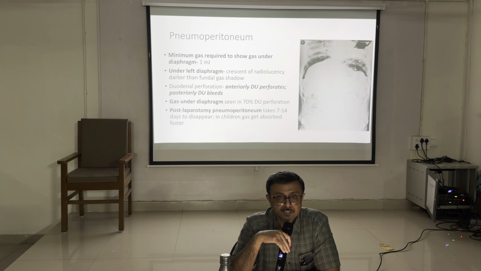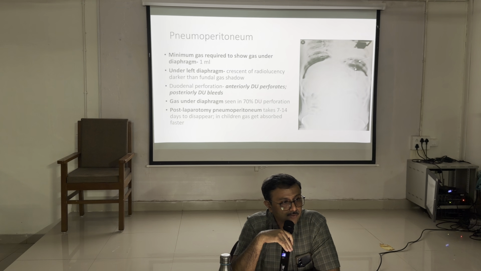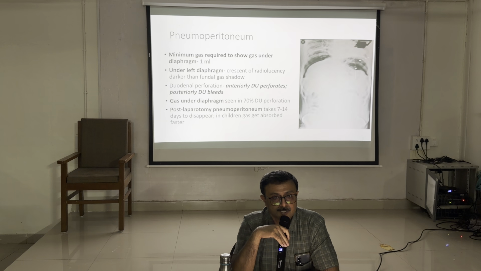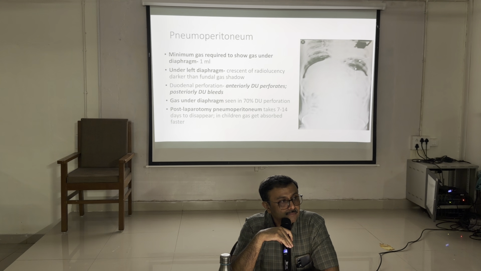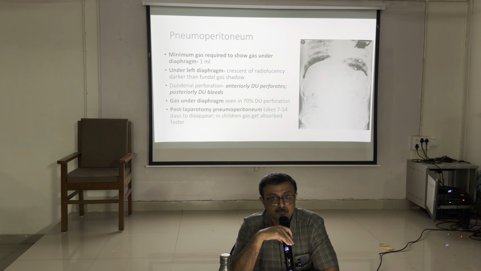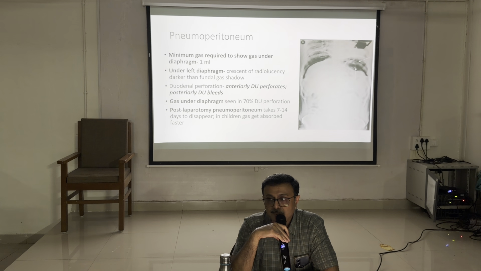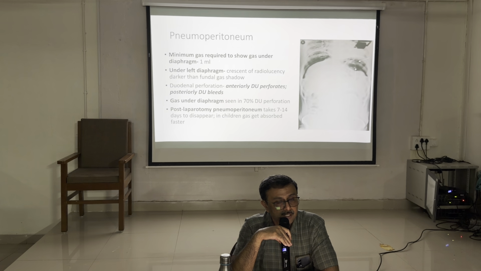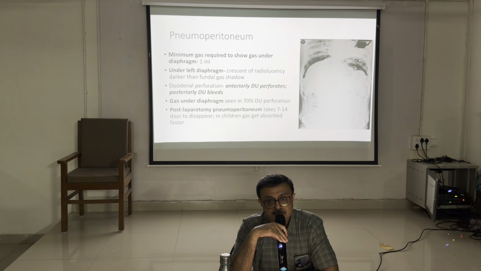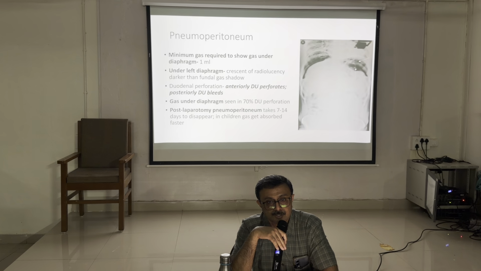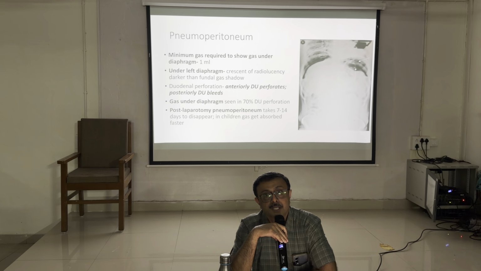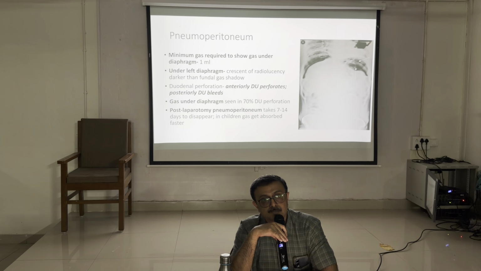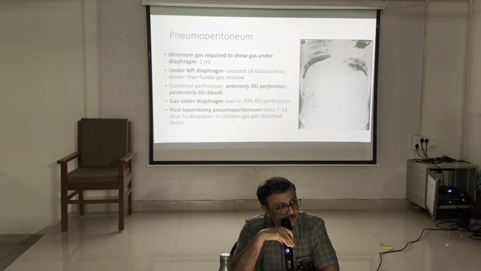Duodenal perforation is a common cause. Peptic perforation is the most common cause. Usually it is the first part of the duodenum or the antrum, pre-pylorus or post-pylorus. The pre- and post-pyloric area is called the peptic area because pepsin is secreted there. Pepsin-secreting mucosa causes hyperacidity. That is why it is called peptic perforation. Perforation of the first part of the duodenum